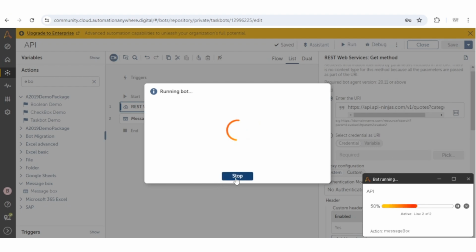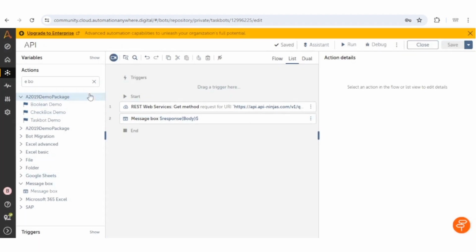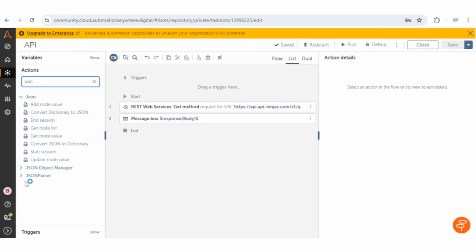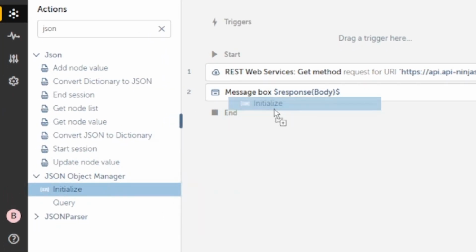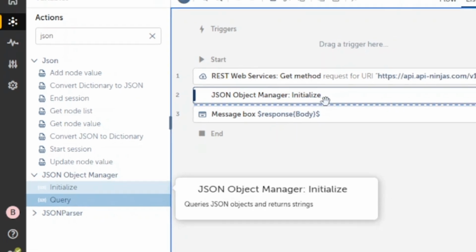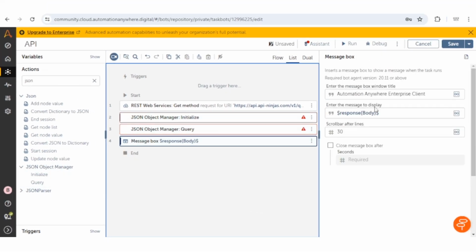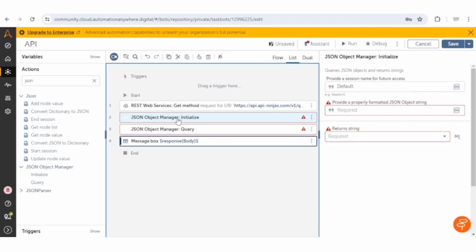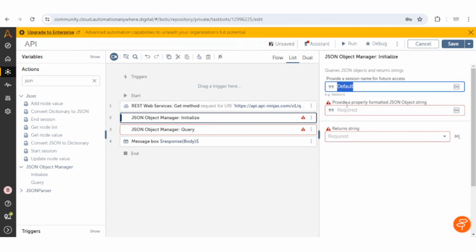For this, we are going to use the JSON parser, the JSON object manager package, and here it is the initialize action and then the query action. In initialize, we will give the session name, and we will pass this response body. For return string we can give anything, or a sample string.